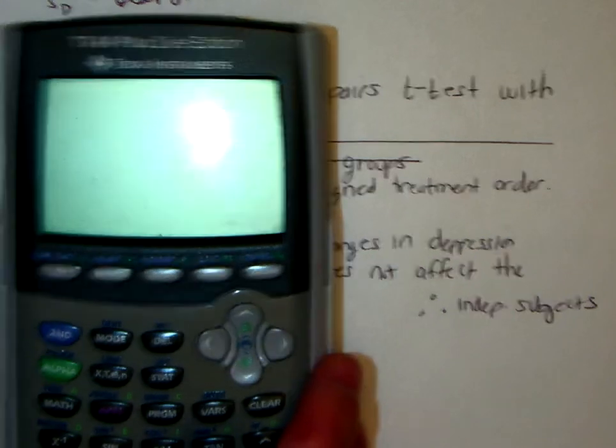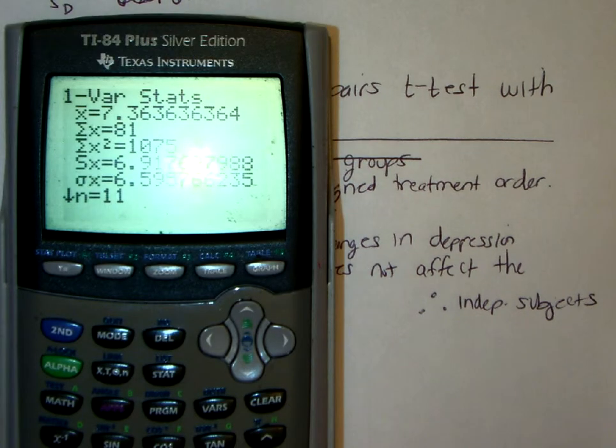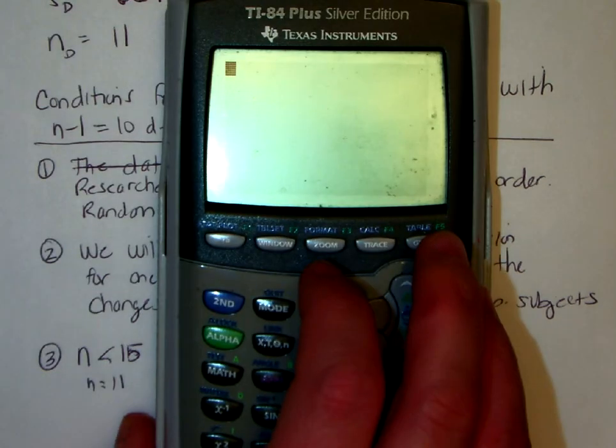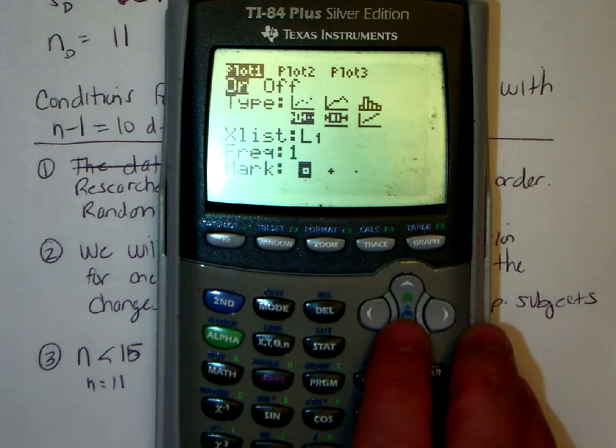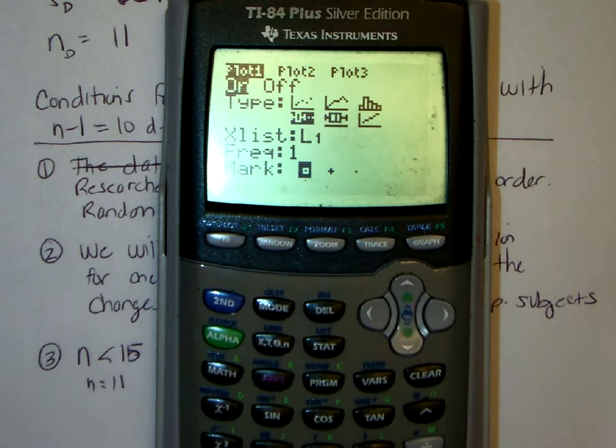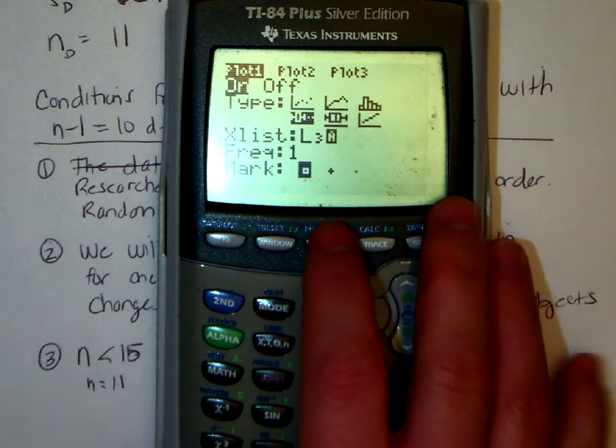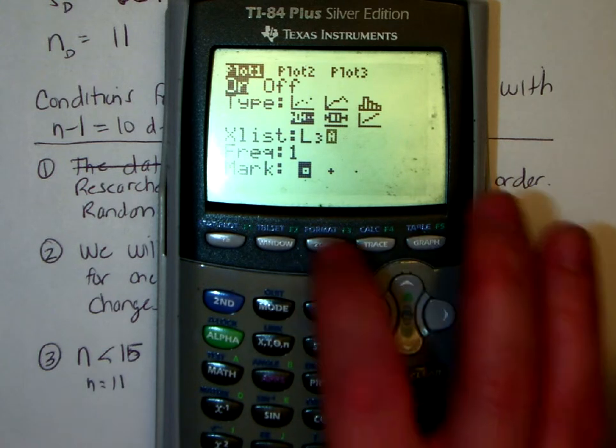So we got to take a look at a box plot. And it's got to be the box plot of the differences. So go back to your plots, and I'm already set up for L1, but I want to be in L3, the differences. Make sure you're there, because that's the only list you care about. I'm going to go to Zoom 9,